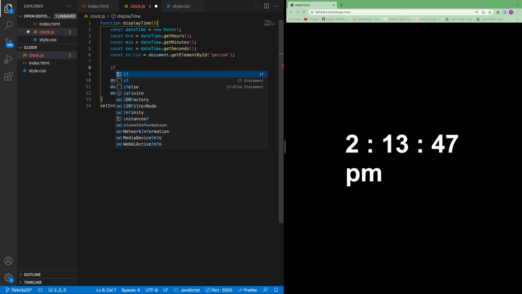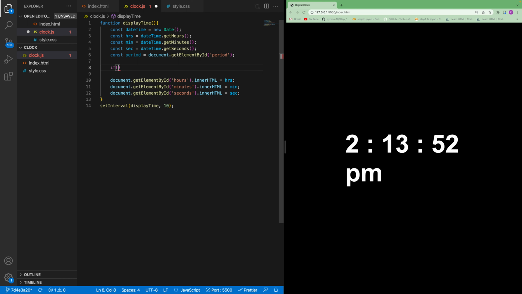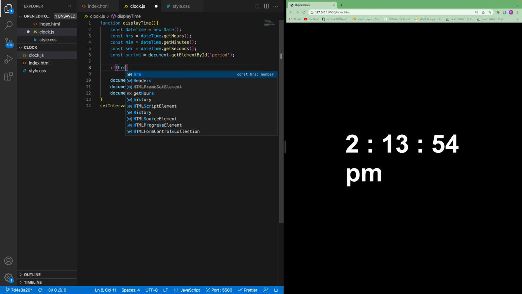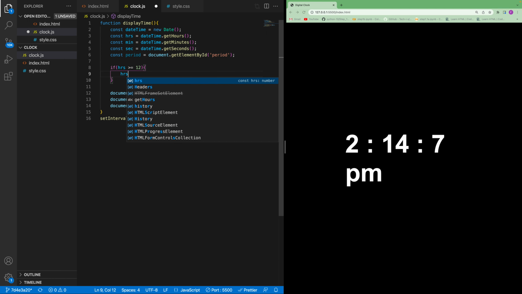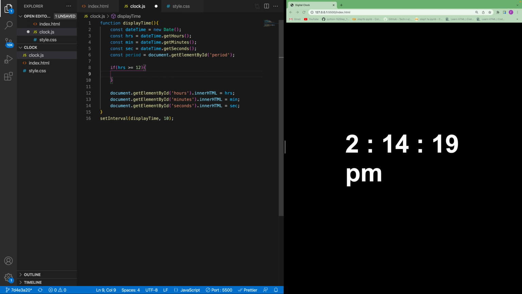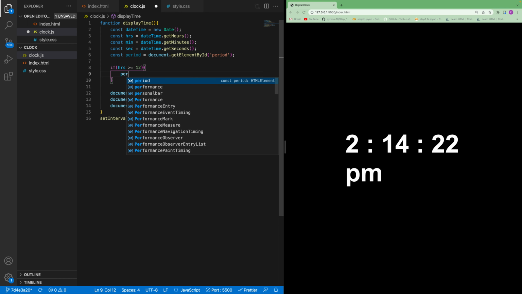You can use an if statement, if hours greater than or equal to 12, hours equal to hours greater than 12. So I should call period